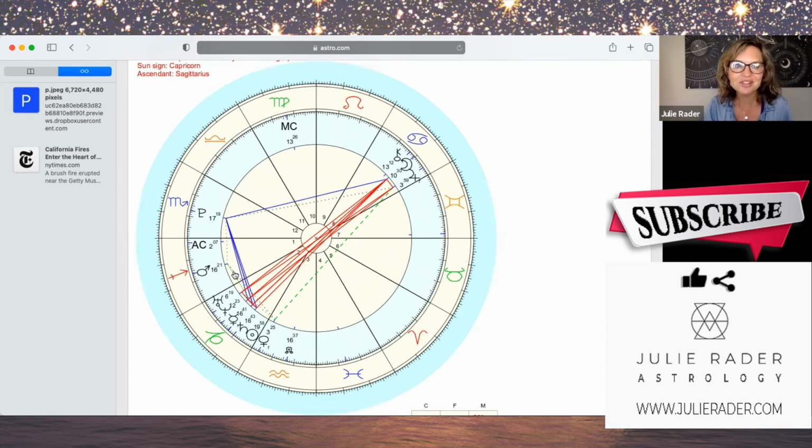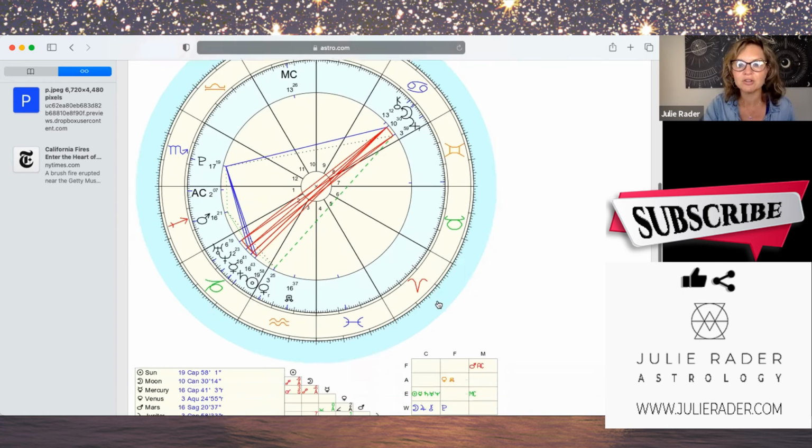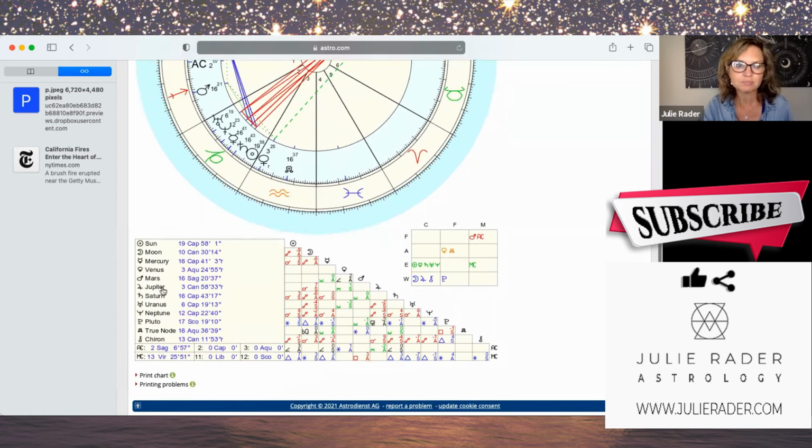So when you're listening to the new and full moon forecast, you're going to listen, first of all, to what sign the rising, the AC, is. So Sagittarius. They'd also listen for the moon, which is Cancer, and of course, the sun, which is Capricorn. So you're going to locate your big three, your personal trilogy: your rising, your sun, and your moon. And if you're not sure what these glyphs mean, you can scroll down here and look for this,